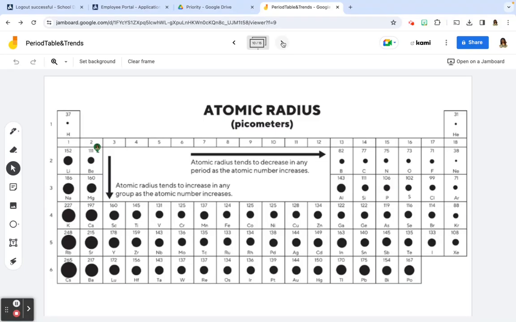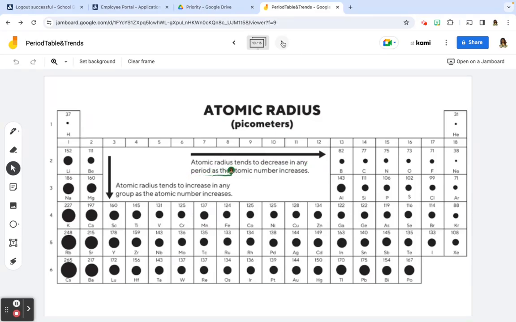Its size is 111 picometers. And then if you continue across to boron, its size is 82 picometers. Notice the pattern? Here, the atomic radius tends to decrease as you go across any period because the atomic number